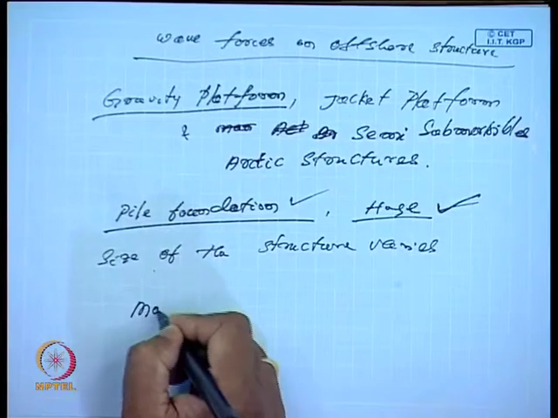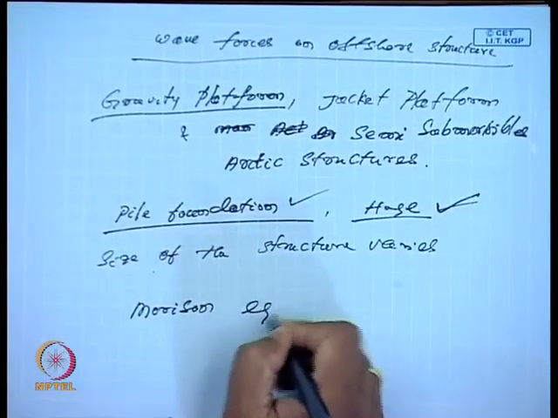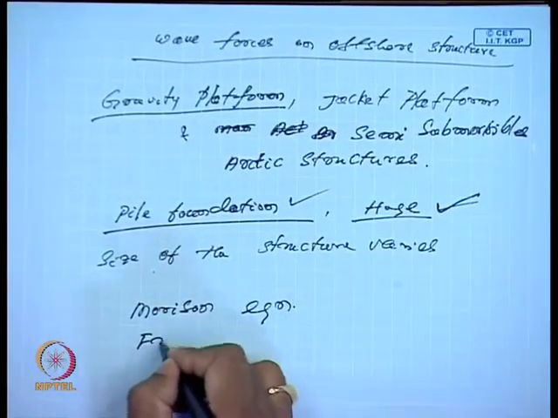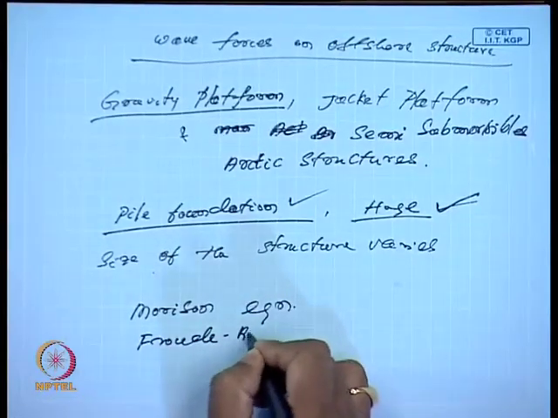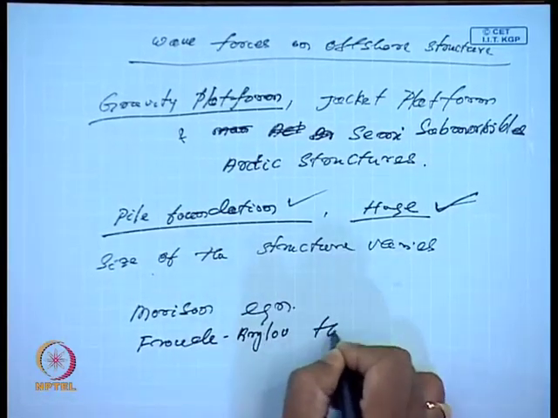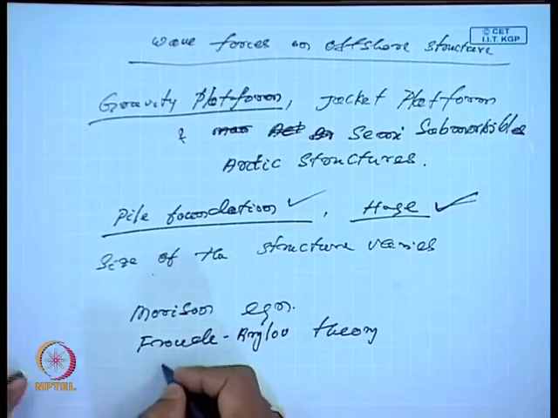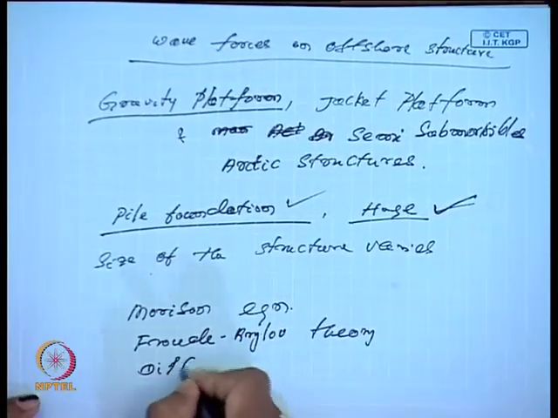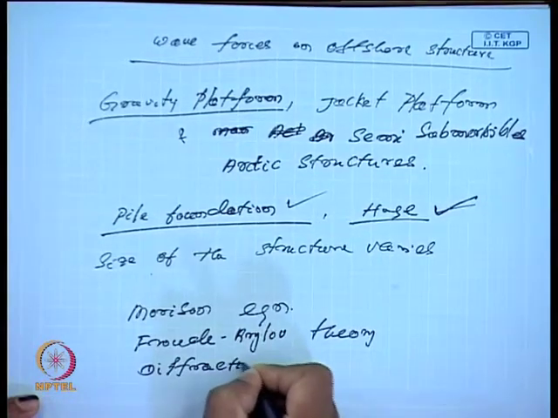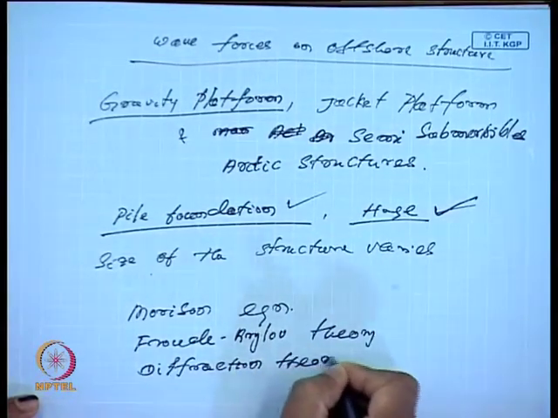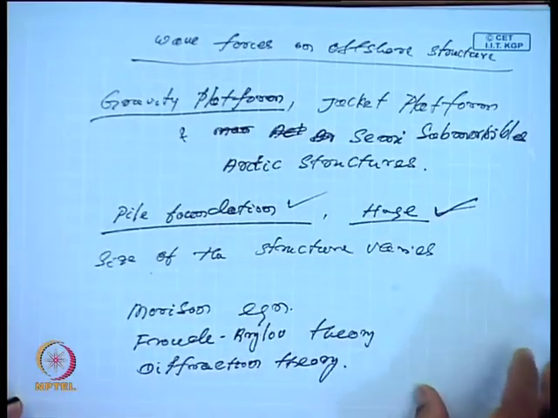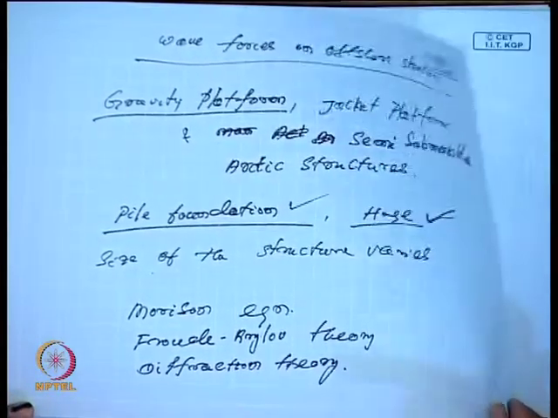One is the Morison equation, one is Froude-Krylov theory, and the other one is diffraction theory. I will not go into the details of these theories, but will just give a glimpse of these equations. I will not go into much detail. And then, when you look at the Morison equation,